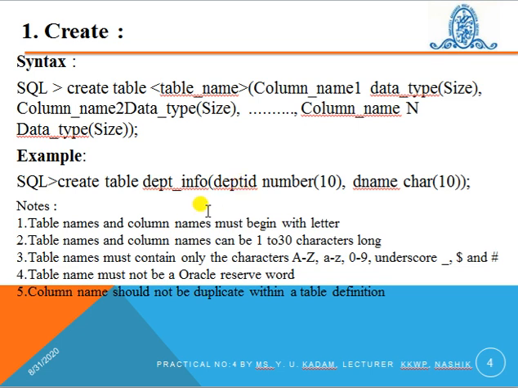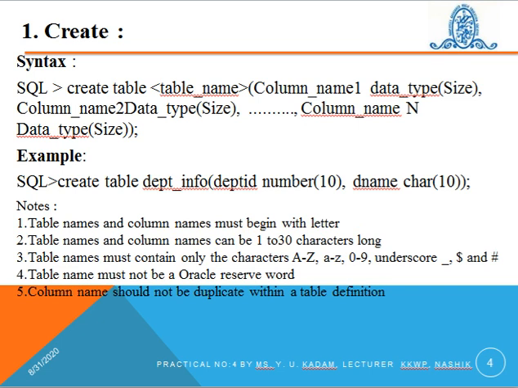So there are some rules that we have to follow while creating a table or declaring column names. The first rule is table name and column name must begin with a letter. Second, table name and column name can be 1 to 30 characters long.